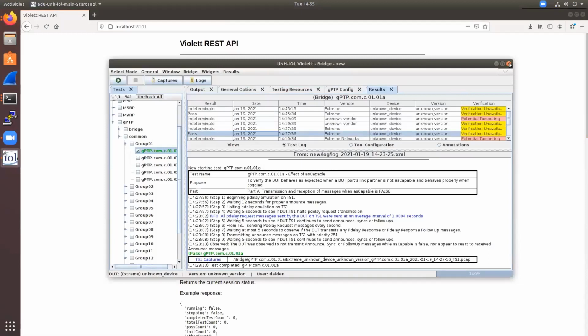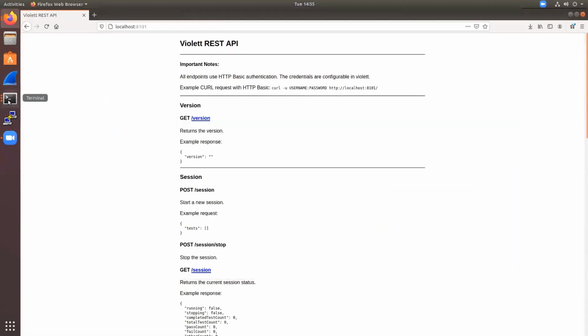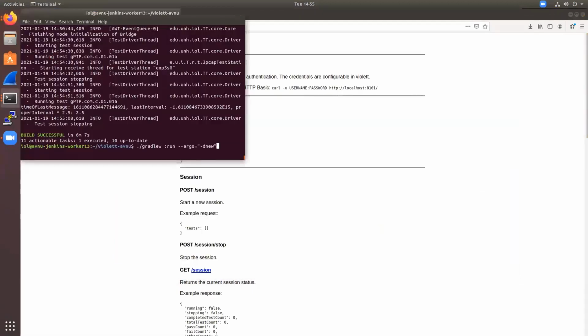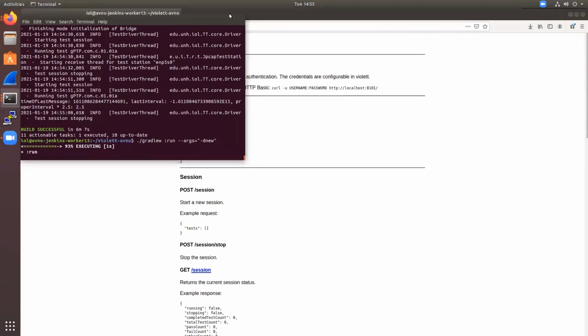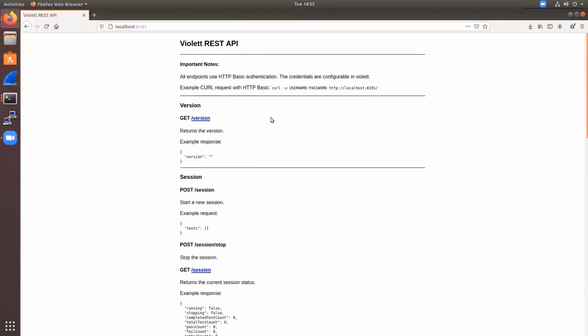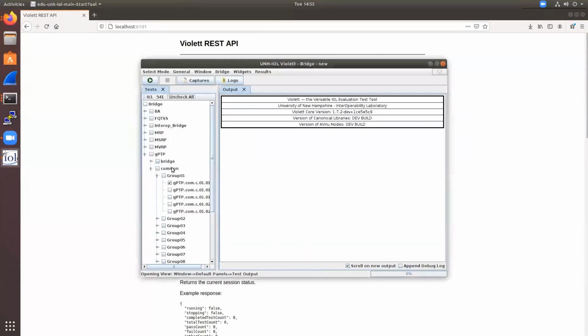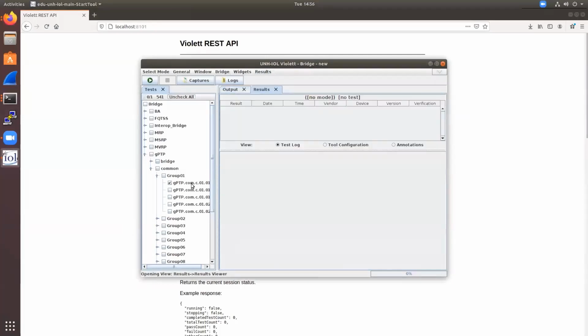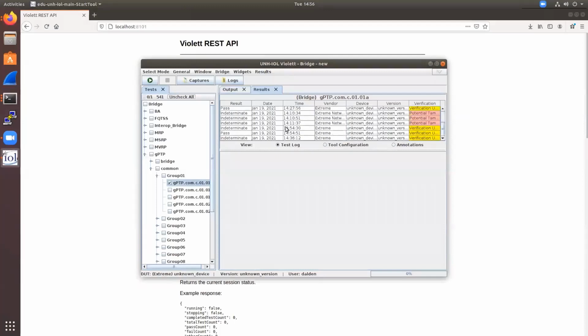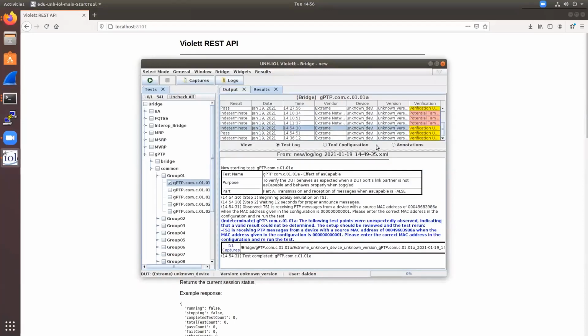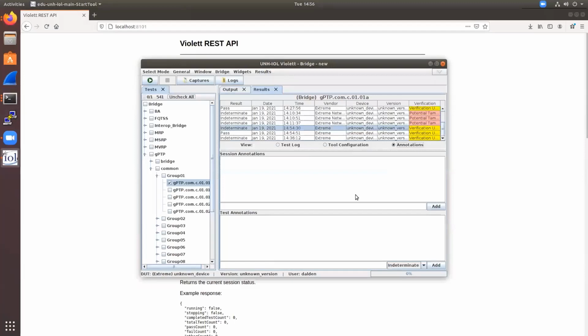Violet also remembers what tests you've done. So if you close Violet and then launch it again, you'll see that after a moment, it loads the previous results. And if you open the results viewer, they show up. You can also use the results viewer to annotate a particular result,